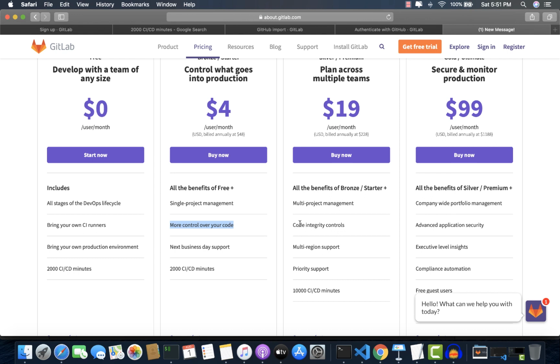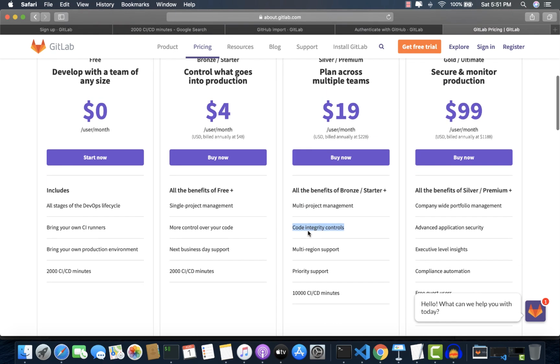And it also comes with these code integrity controls. Okay, so you might have heard of SonarQube, Fortify, Black Duck. All these tools are used for source code scanning and third-party scanning for your code to be validated further for production. But in the case of GitLab, if you are taking the enterprise edition, especially this plan, the silver plan, you will get this feature within GitLab itself. You need not actually install or integrate a SonarQube server or Fortify or Black Duck with GitLab.